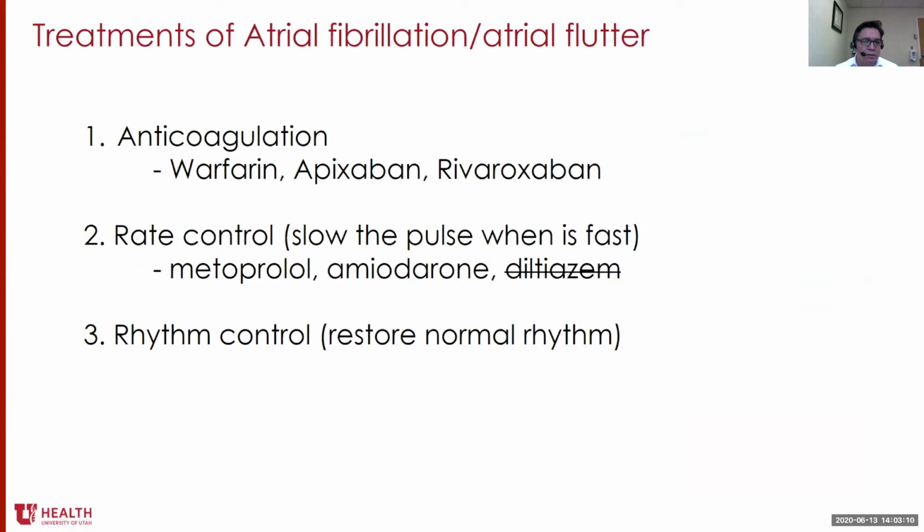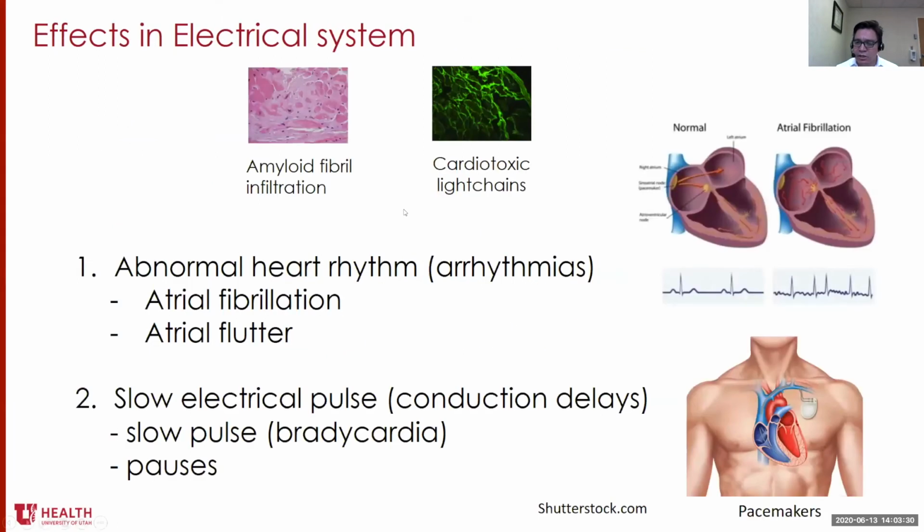This is something that Muriel asked me to explain briefly about the treatment for atrial fibrillation and atrial flutter. That is a common problem in patients with amyloidosis. First, and the most important thing is anticoagulation, blood thinners, because when the patient is in atrial fibrillation, these chambers